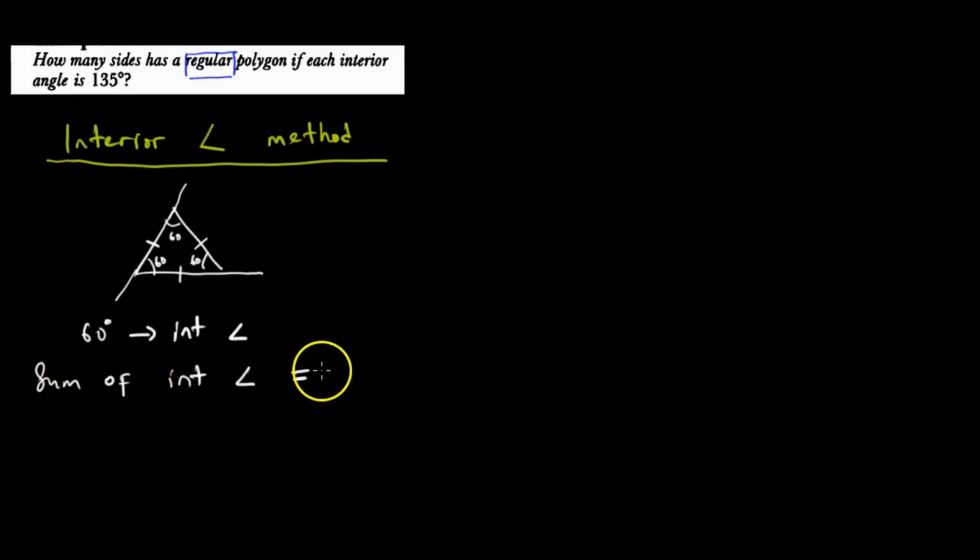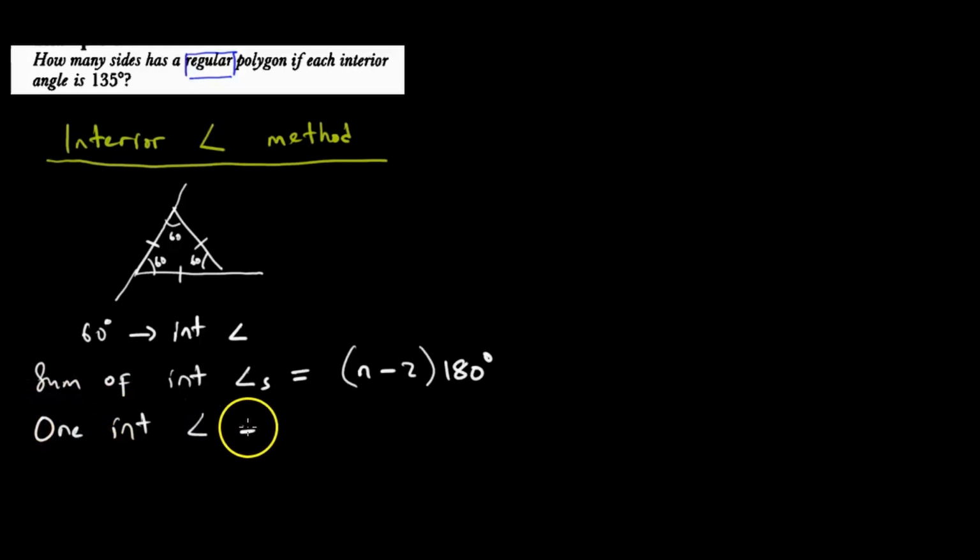Saka we know kuti the sum of interior angles is equal to 180 degrees in this case. But let us not use 180 degrees. Let us say the sum is equal to n minus 2 times 180 degrees. Hatisi kuziva kuti shape yacho ichi, toda kutoziva kuti masides mangani. Saka the sum of interior angles is n minus 2 times 180 degrees. Mapaona? But kana iriyo the sum of interior angles, one interior angle inenge iri equal to chi?